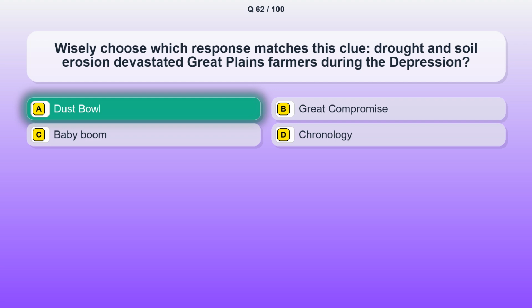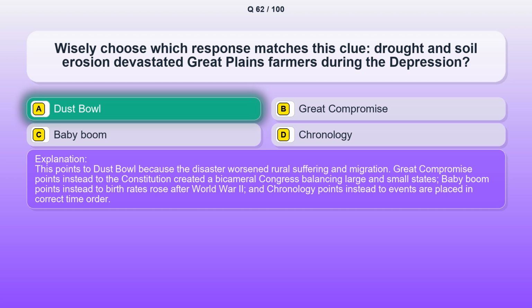The correct answer is option A. Dust Bowl. This points to Dust Bowl because the disaster worsened rural suffering and migration. Great Compromise points instead to the Constitution created a bicameral Congress balancing large and small states. Baby Boom points instead to birth rates rose after World War II, and Chronology points instead to events are placed